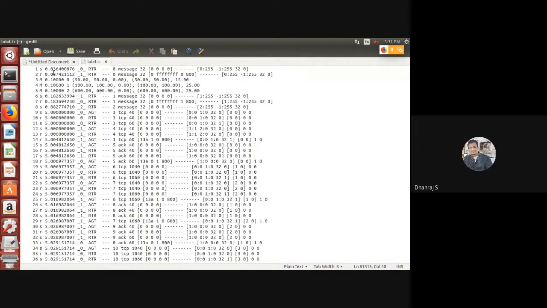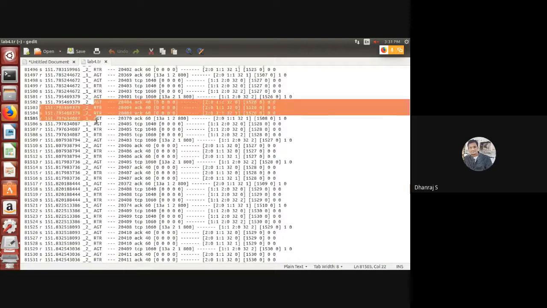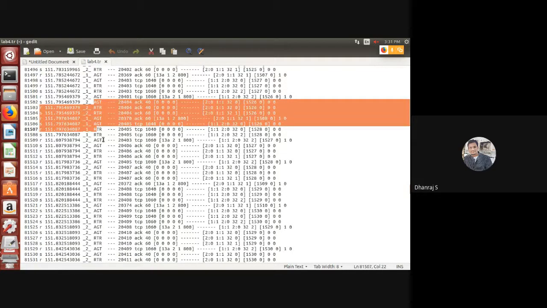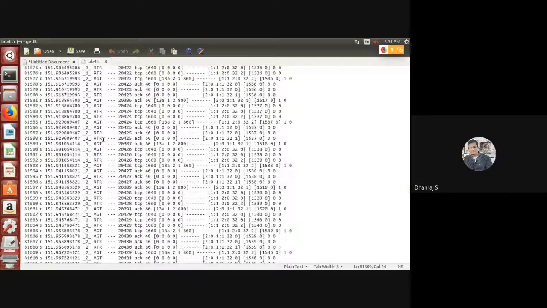The difference is that here we can see RTR and AGT. AGT is the agent trace, that is the application, and RTR is the router trace. It gives information about the routing, how the packet is routed and so on. So this is all about program number 4.